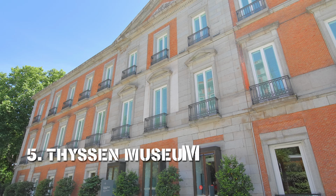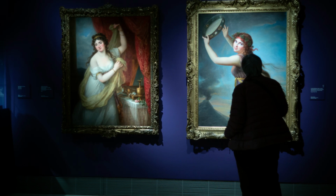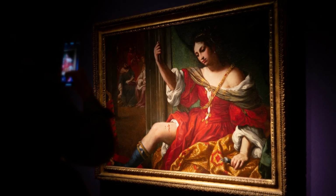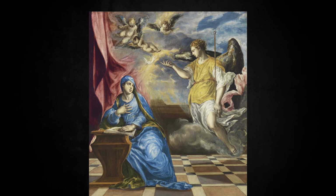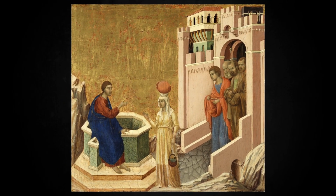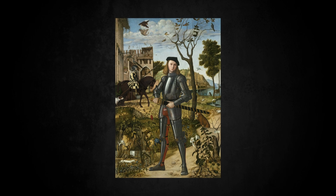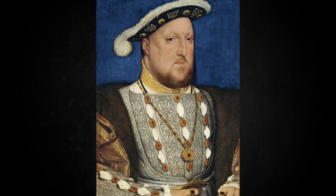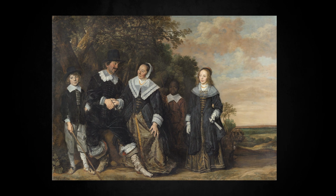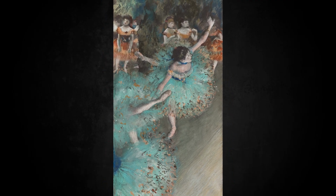Number 5. The Thyssen Museum. Located in Madrid in the same Triangle of Arts as the Reina Sofia Museum, it is a gallery of old and modern masters. With a great variety of paintings from primitive Italian and Flemish artists of the 14th and 15th centuries such as Duccio or Jan van Eyck, to the key Renaissance works by painters such as Ghirlandaio, Carpaccio, Holbein, Dutch Baroque paintings by Frans Hals, Jan Steen, Ruysdael, and almost a complete repertoire from the Impressionist era by Monet, Degas,